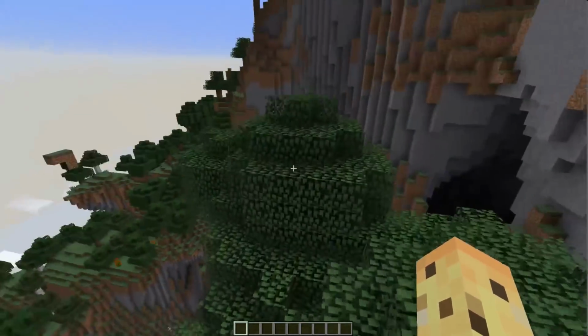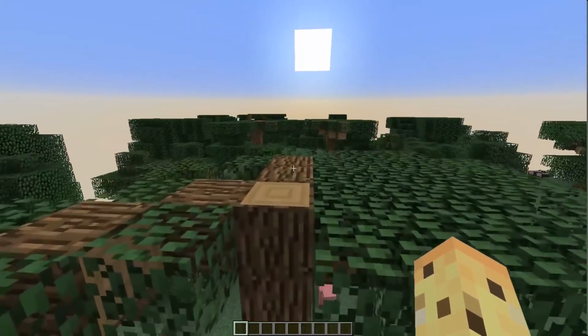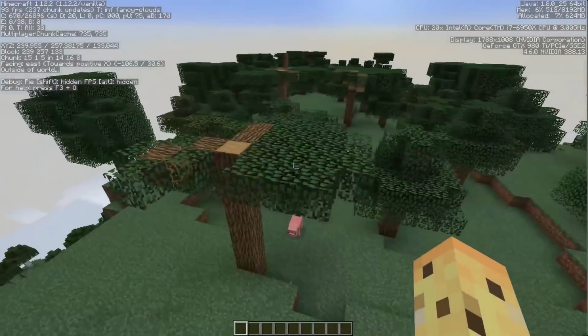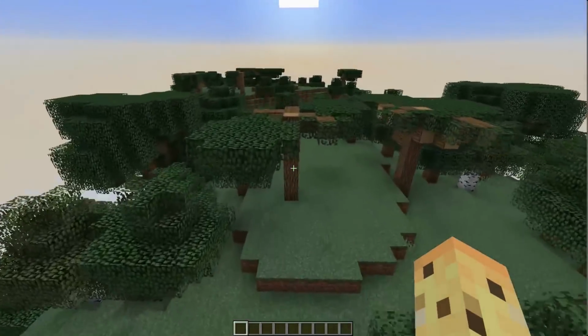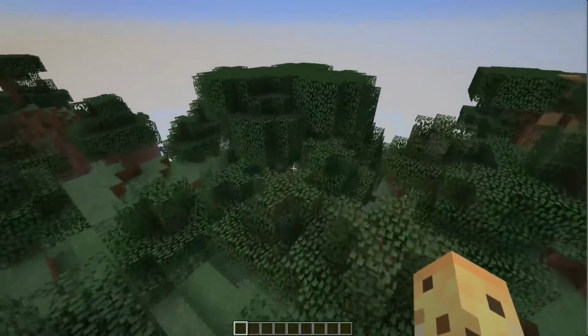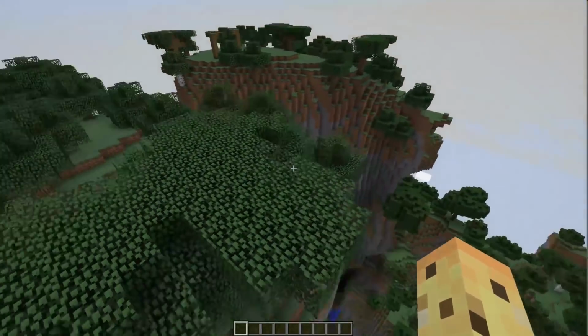The terrain can go insanely high, and this is what makes Amplified great, but also this tree generated at the height limit, and as you can see, that's kind of crazy. I haven't seen this happen in a while. But basically, my point here is, Amplified is pretty darn insane as it is on the Java version. Getting that to work on Bedrock version across all devices so that people have the thing they want from it,